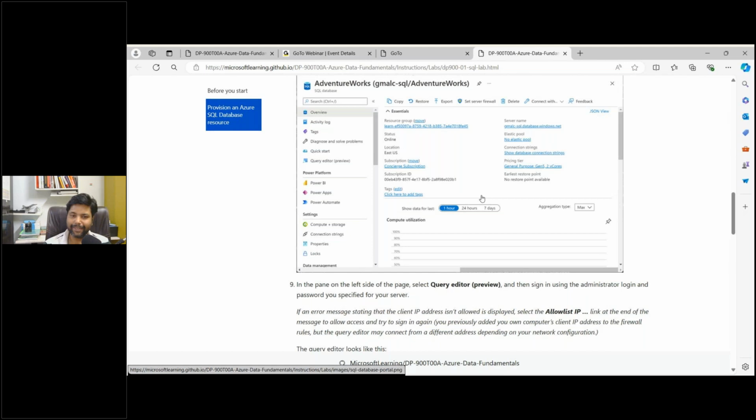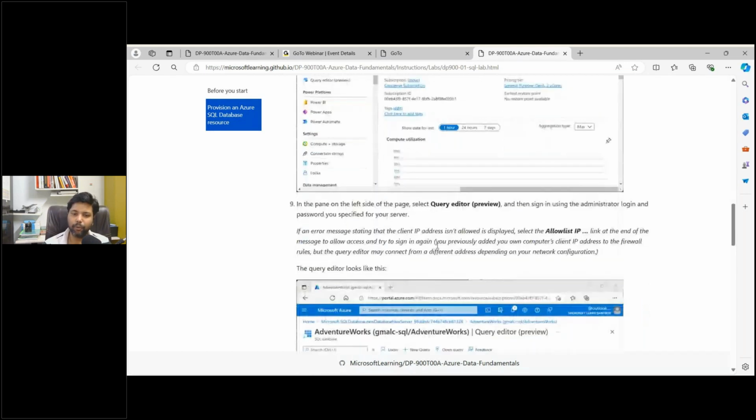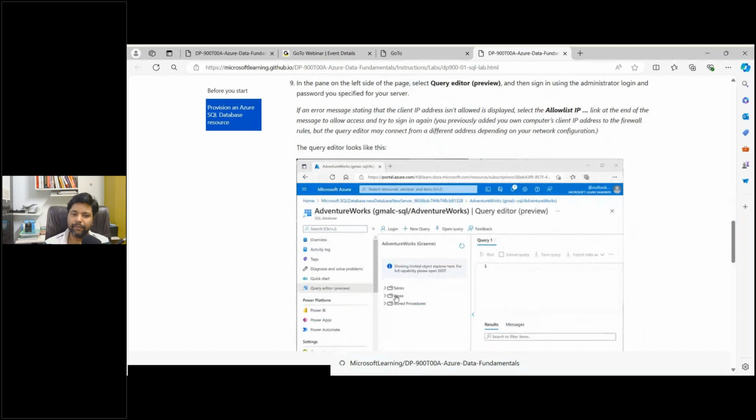And then once you create this database, you will get a query editor, right? You will be able to run your query. So you can select different databases and get this kind of query editor. Okay, let's follow this. Let me open